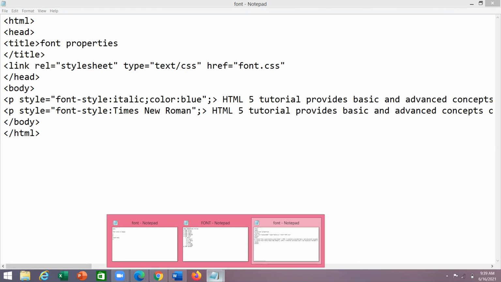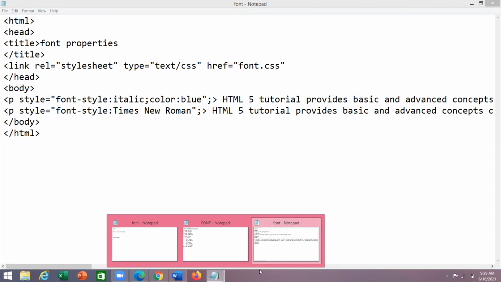So the external style sheet is applicable when there is no inline style. If inline is there, it will be applied, otherwise it will go for the external. Do you understand?